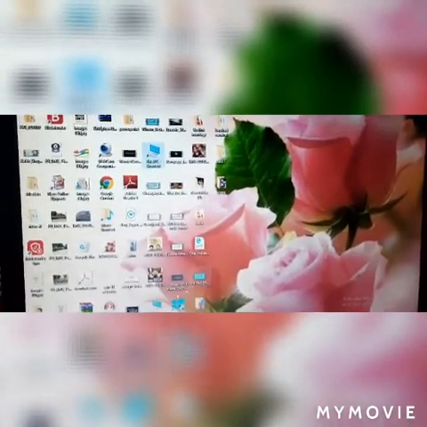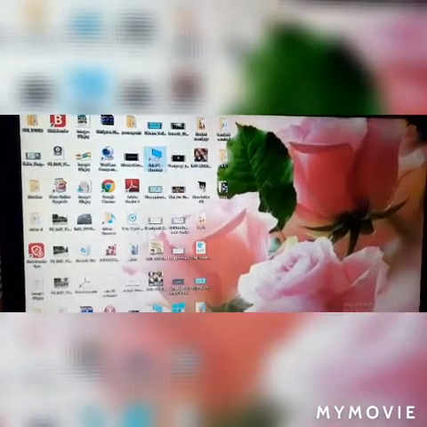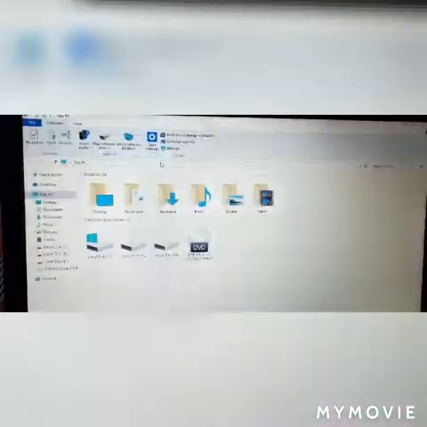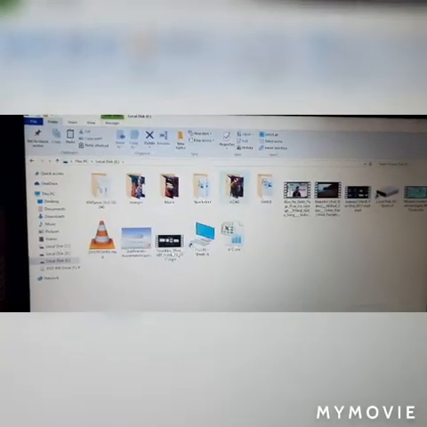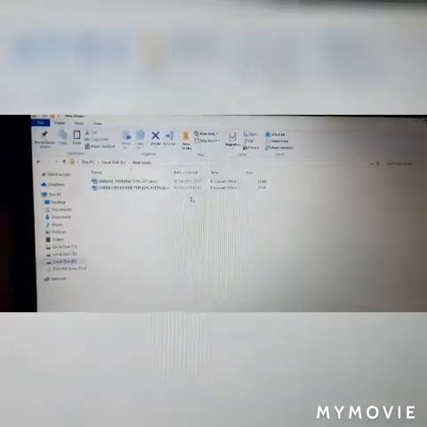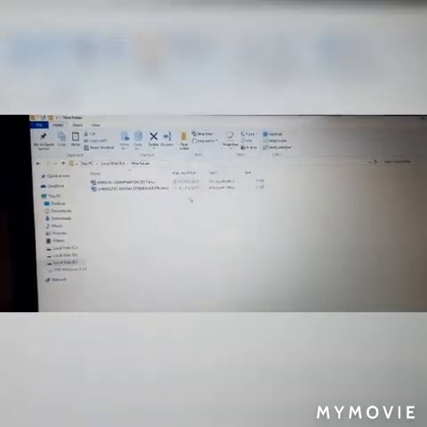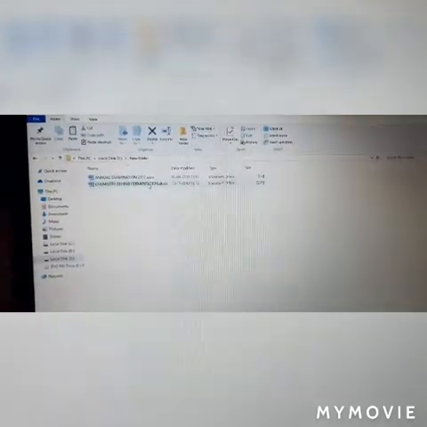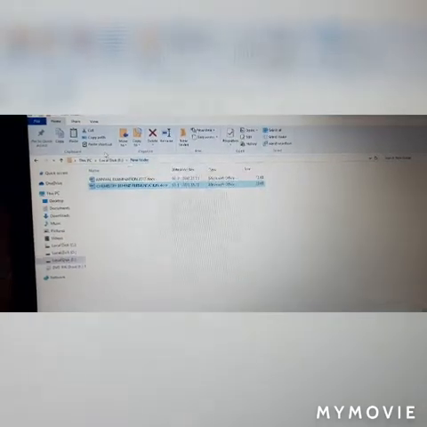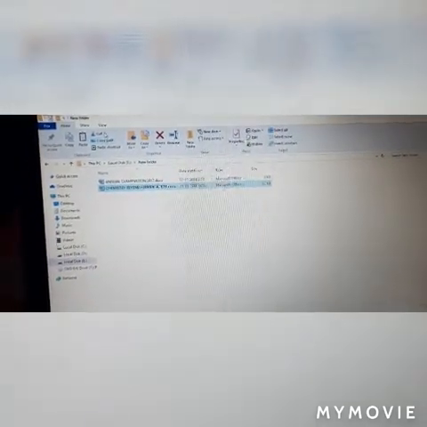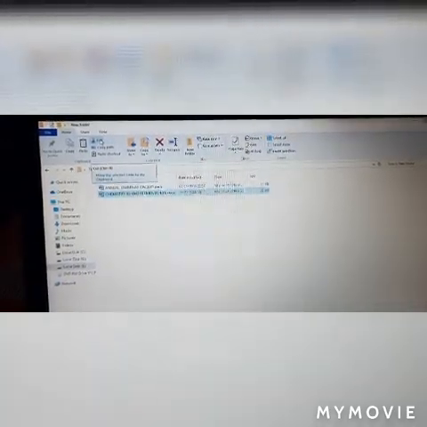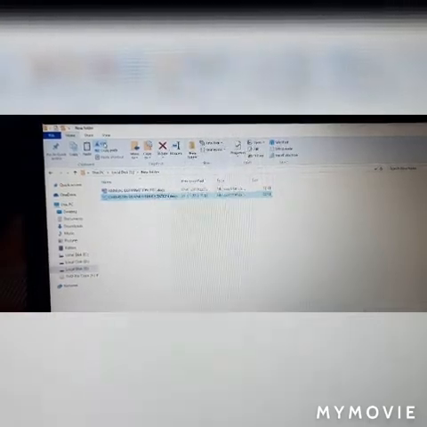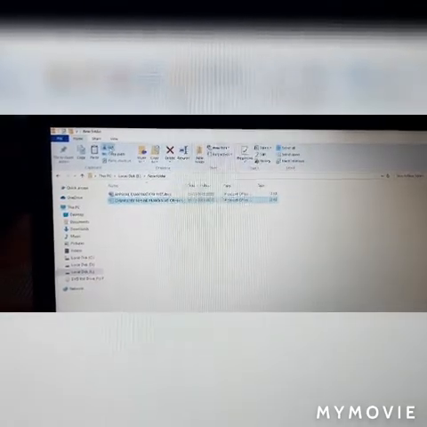So to move a file or folder, again we have to go to This PC. Now select the icon and double tap on it to open it. Now again we will go to local disk E. Select that. Go to the New Folder. Now here I have created a document, that is Chemistry Behind Fermentation. Now first select that one. After that just see, here is a cut option. Now children, to move a file we have to use the cut option. Now click on the cut option that is present in the Home tab. Now you could see that the file has been cut.